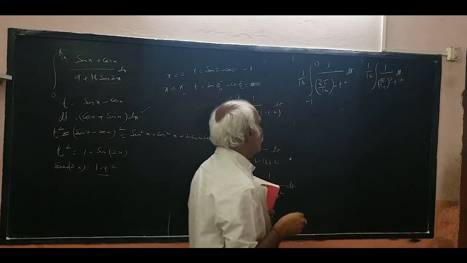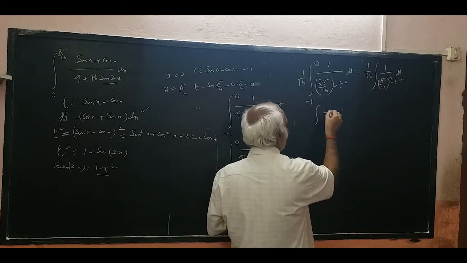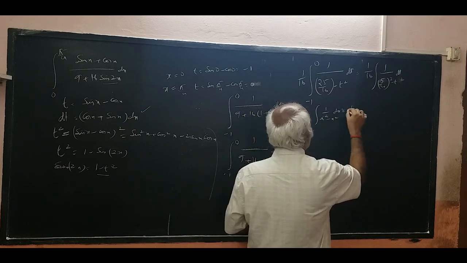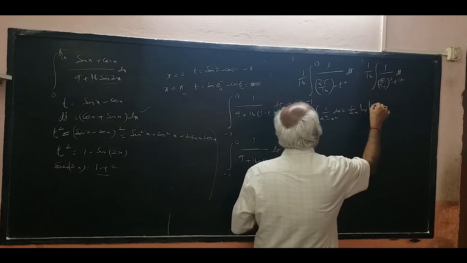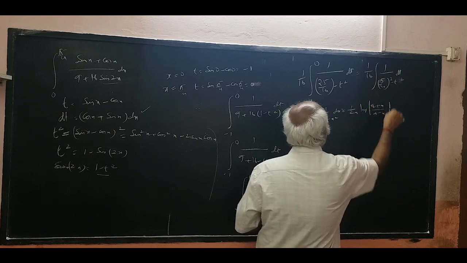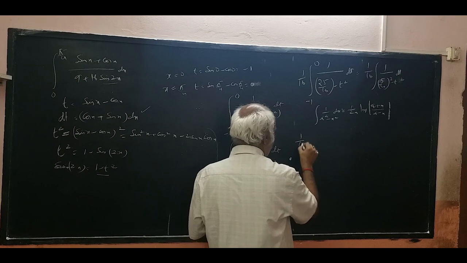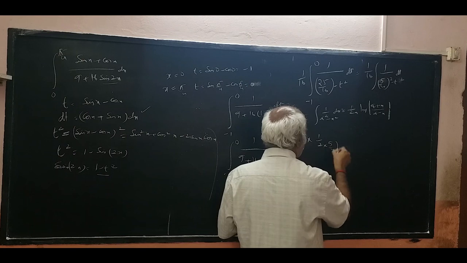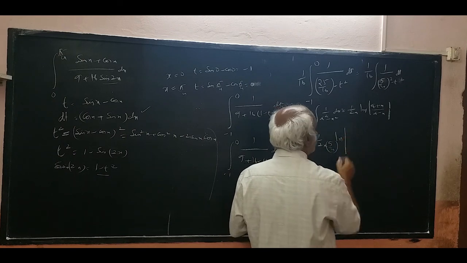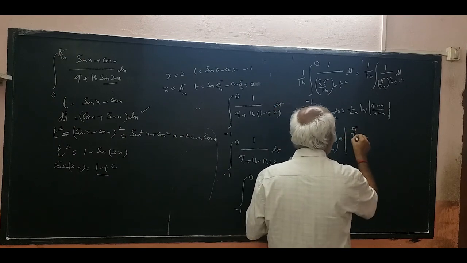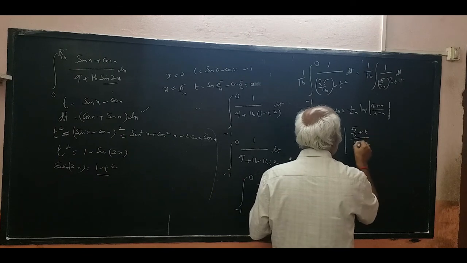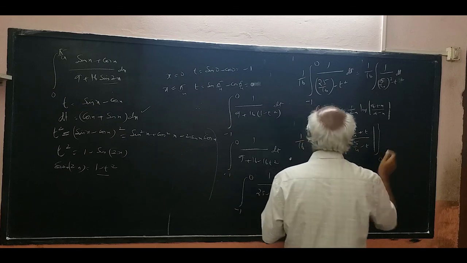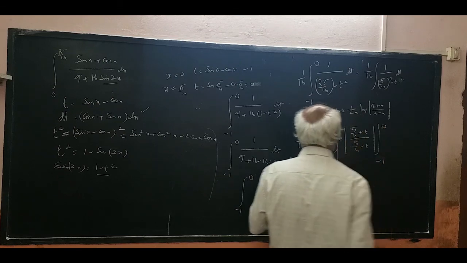Right? Therefore, it is again which formula? Integral of 1 by a square minus x square dx is 1 by 2a log of a plus x by a minus x. So, 1 by 16 into 1 by 2a. 2a means what, sir? 5 by 4 into log of a means what, sir? 5 by 4 plus t by 5 by 4 minus t. What is the limits? Minus 1 to 0. You have to be careful with the limits.